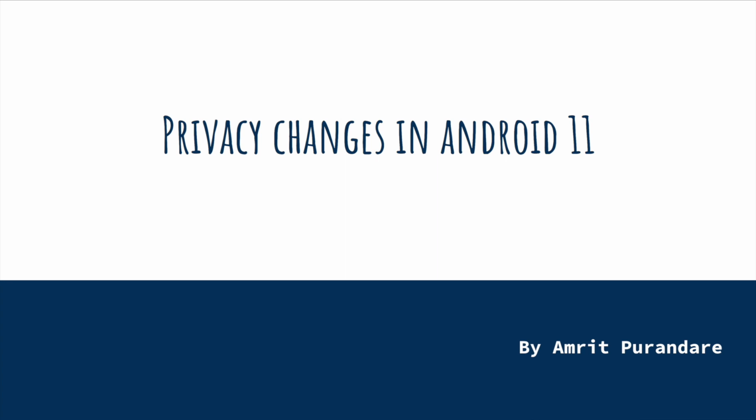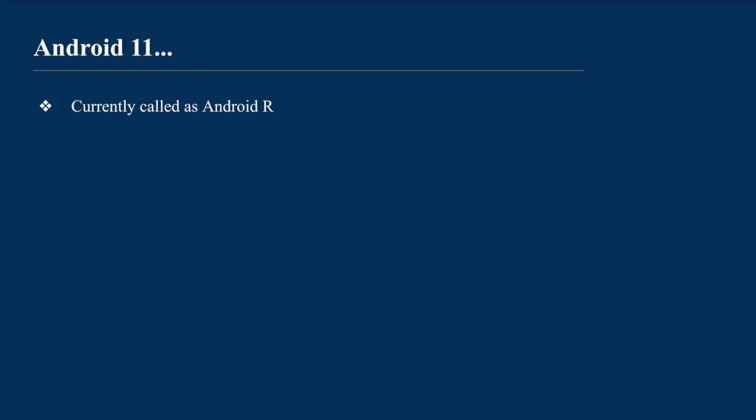In this tutorial, we will get started to learn privacy changes in Android 11. Android 11 Beta 3 is already in the market. It is currently called Android R. The API level for this new release is 30. So, in order to target your apps to Android 11, we need to set our target SDK version to 30